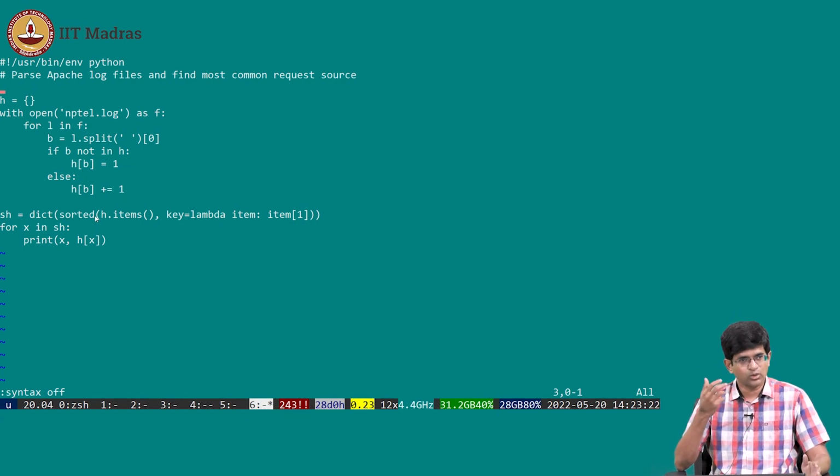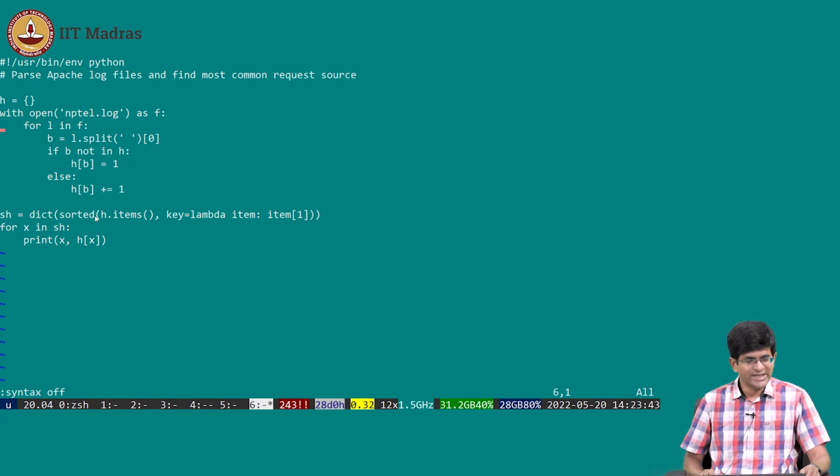Okay, how would I do that? Let's try this approach. I create a dictionary. So H is equal to these open brackets, which basically creates a dictionary. I then open this file. I'm hard coding stuff here, which is not normally how I would want to do it. I should probably accept the file name as something coming in from standard input or one of the parameters. Doesn't matter. For now, I'm just hard coding it.